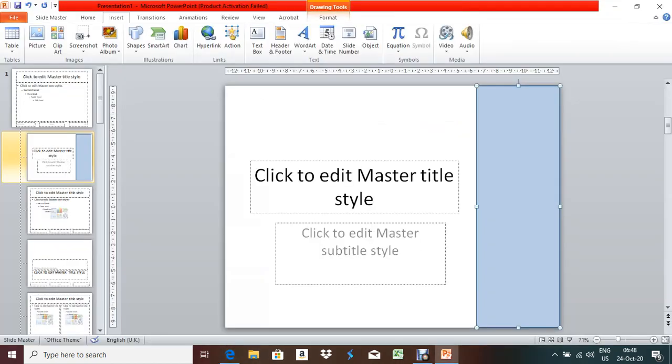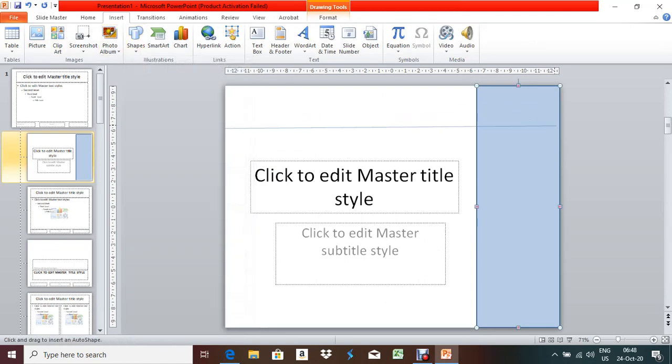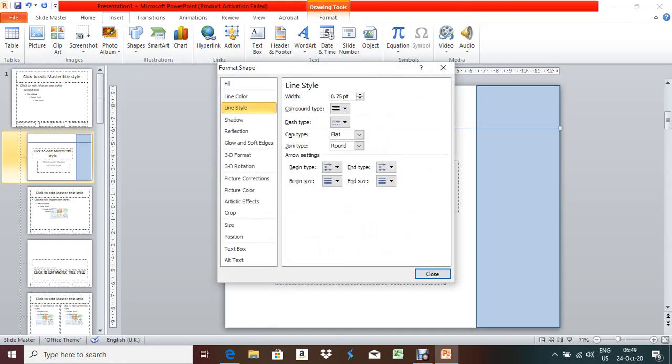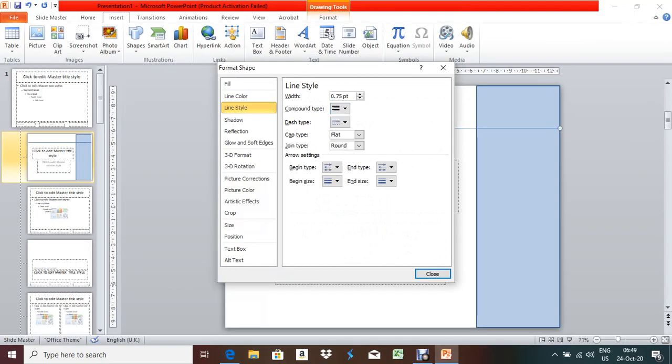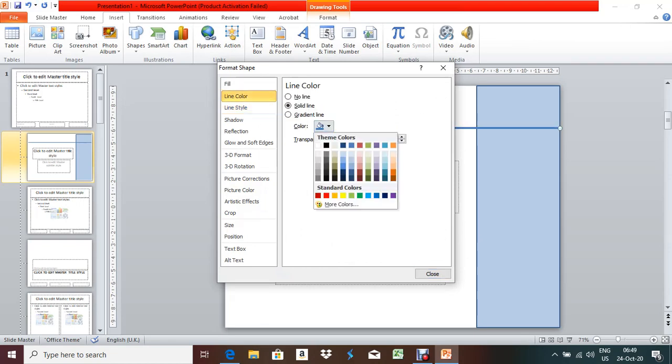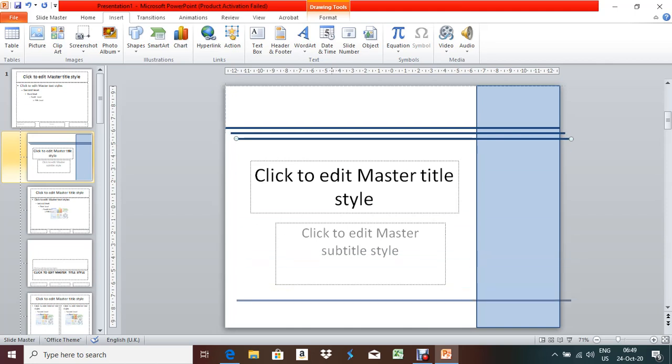So what you will do, first you will design one line, then you will copy and paste. Select this line, just draw one line here, right click over that line, Format Shape, and the width of the line will be 4 point, right? So for the width just mention 4, and the line color should be dark blue. This one, close. Now Control C, Control V, Control V two times, because you need to create two horizontal and one vertical. So this is one horizontal one, and the vertical one you have to put here.